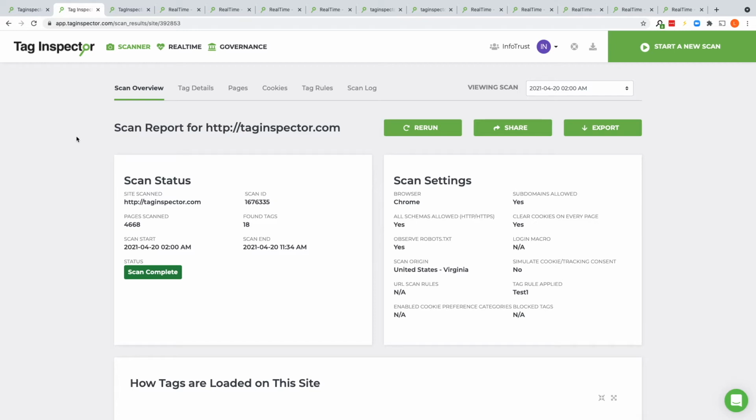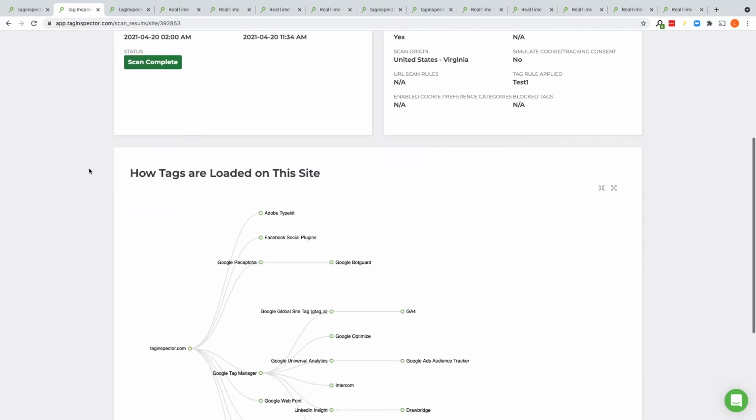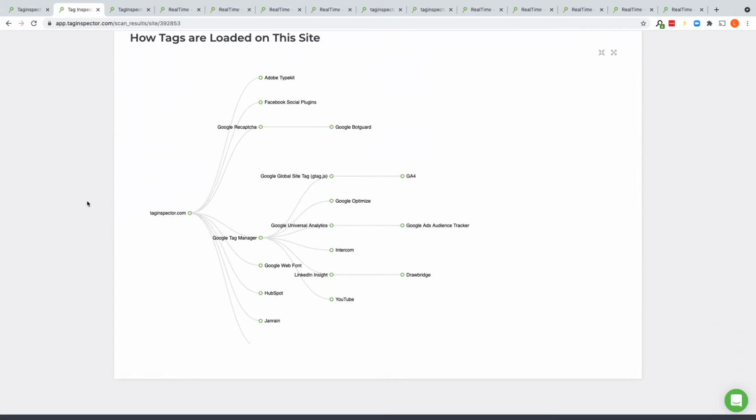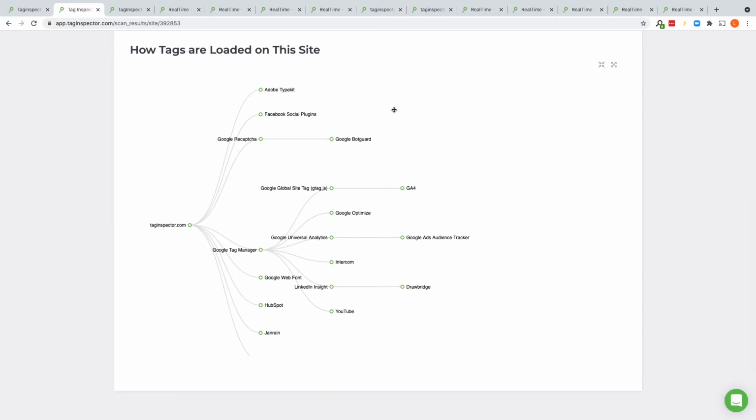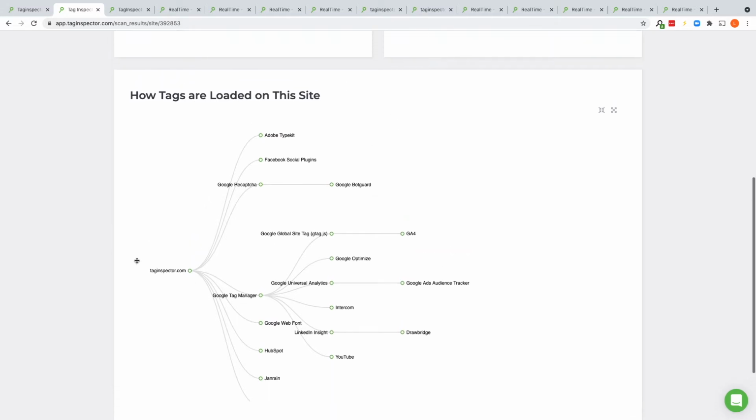And all of that information goes through our library, the Tag Inspector backend library, where we have around 2,500 unique platforms that are classified. So what this allows us to do is display to the user exactly what platforms are loading, how each is being introduced on the page, as you can see here within the hierarchy visual, along with